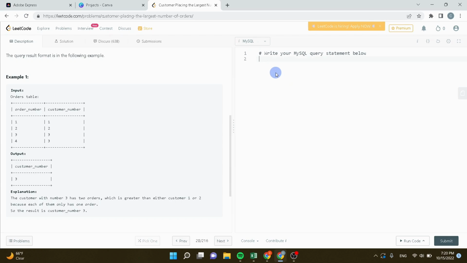When we first approach this problem, we'll probably want to find a way to count how many orders each customer has made, which you can do through the count function. And you can pair that with a group by function just to get the count for each individual customer. So we can go ahead and do that because we're going to need that subset to pull our final select from. So we can just start off by doing a select. And we do want to keep the customer number because we're going to need that to pull for our final